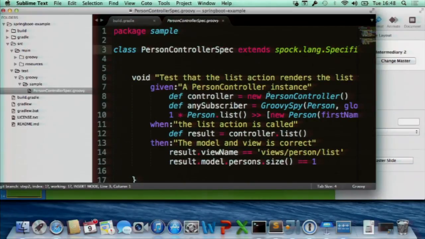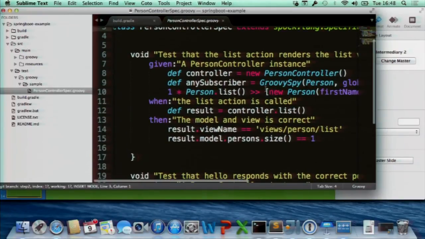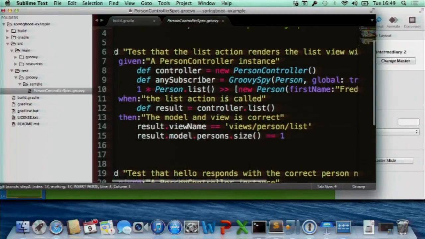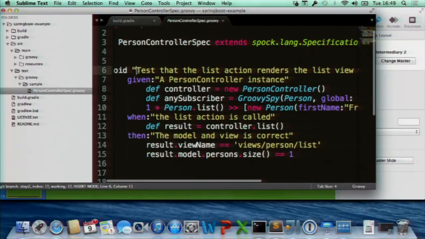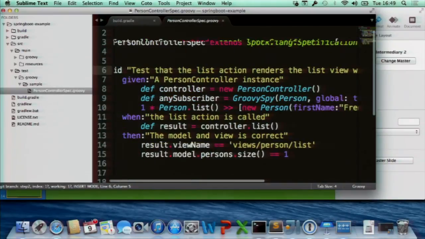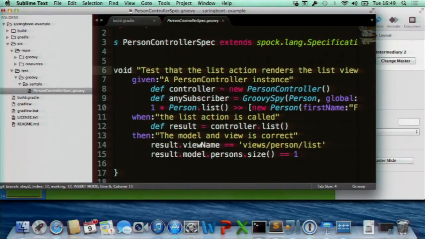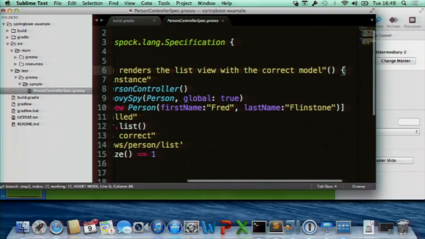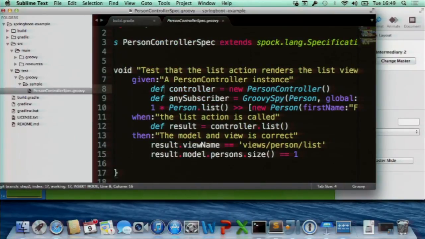And the great thing about Spock is the integrated support for, in this example, I'm mocking a static method call that's interacting with GORM in this case. And you can see that you can create very readable test names, very descriptive. So here I've got, it says test that the list action renders the list view with the correct model. And it's saying, given a person controller instance, and here's my test data, when the list action is called, the model in view is correct. So you create very readable tests,